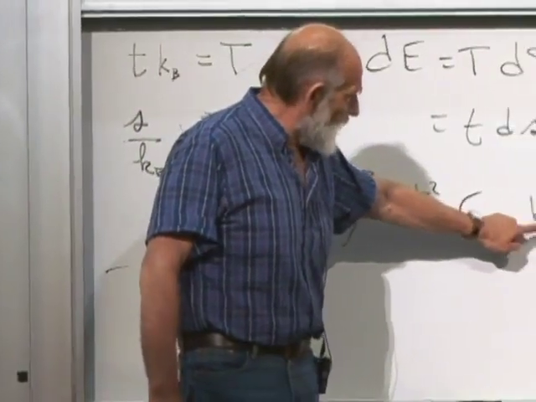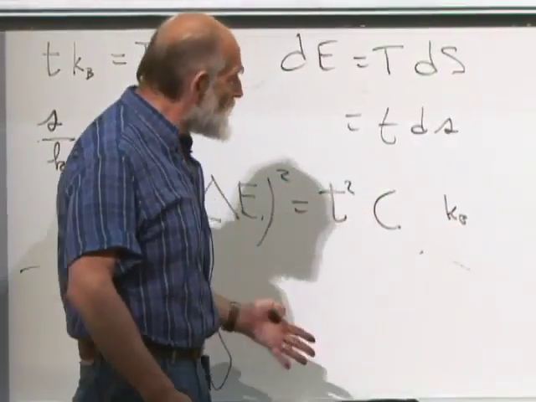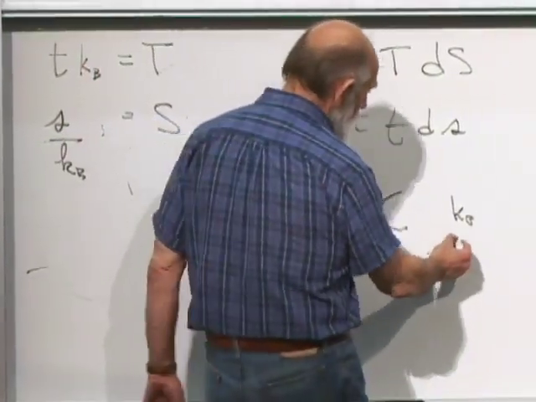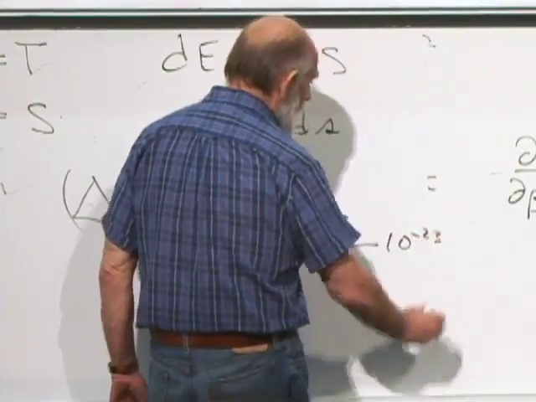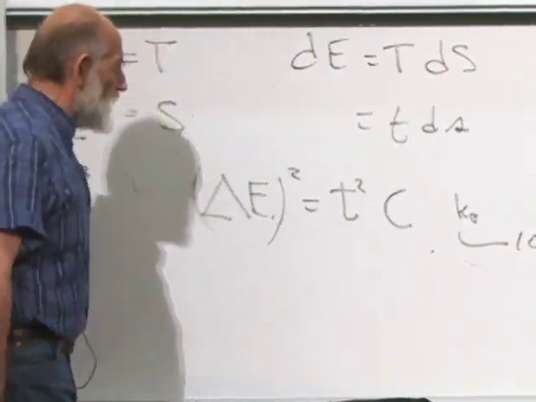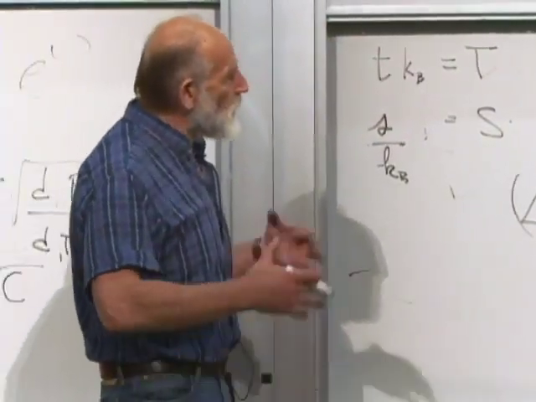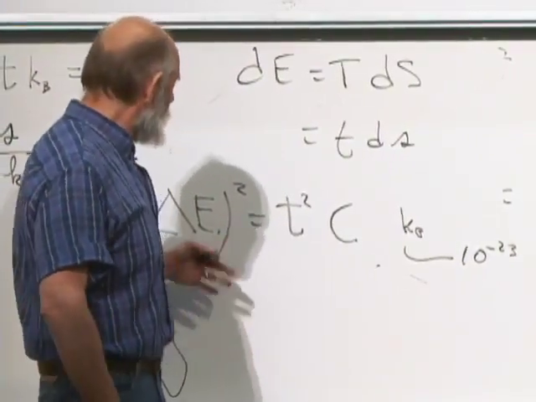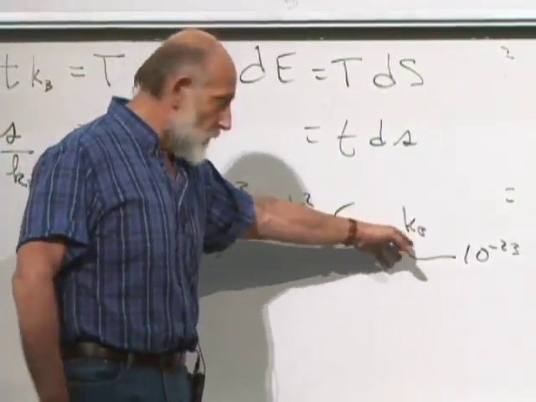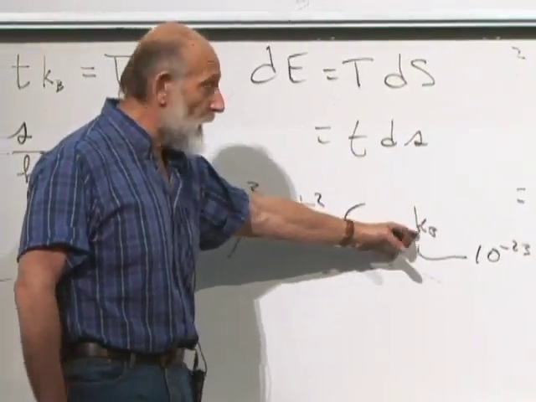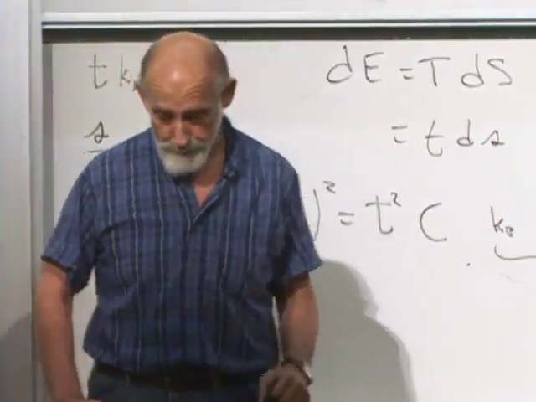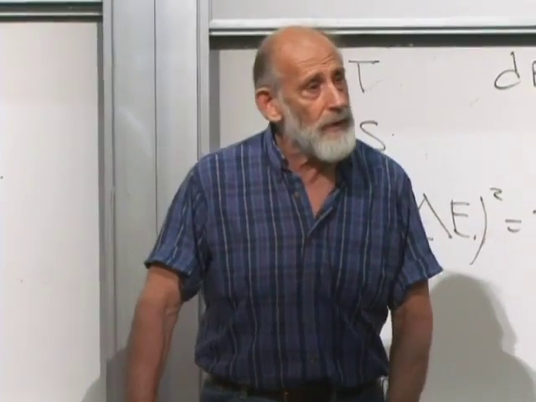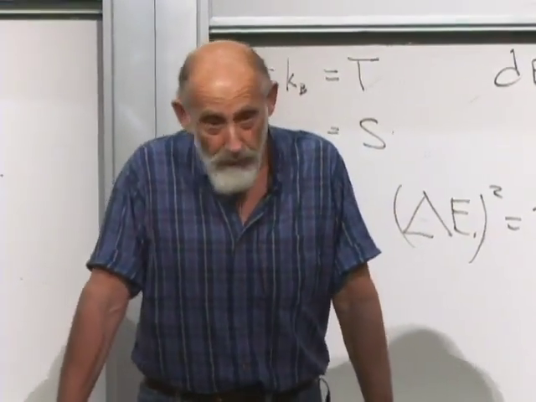Here's another source of smallness. k Boltzmann is a very small number. How small? 10 to the minus 23rd. So this number is 1.4 times 10 to the minus 23rd, or something like that. And so this tells us for a mole of gas, the fluctuations in the energy at a reasonable temperature are very, very small for no other reason because k Boltzmann appears in the formula. Yeah, fluctuations are small, probability distributions are highly peaked when the number of particles becomes large.